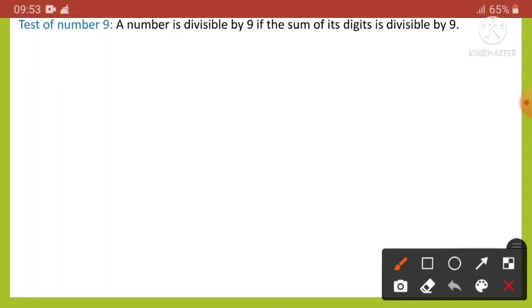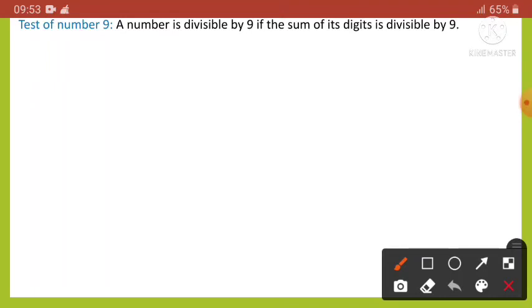And if we have a 3-digit number or 4-digit number or above, then we have to take the last 3 digits, that means the 1's place digit, 10's place digit and 100's place digit, and we have to divide this number by 8. If it is divisible by 8, then we can say this number is divisible by 8. So this is applicable for 3-digit numbers or above. So remember all these rules.